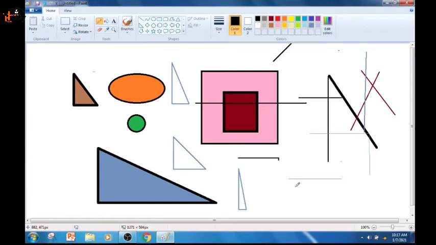Okay, now if you want to erase something, like if you are drawing on paper, you simply use your eraser. But how will you erase in Paint? There is an option to erase also. You know how you will erase? See, these are the commands of the tools group, right? Here is an eraser. You will select this eraser and you can start erasing.